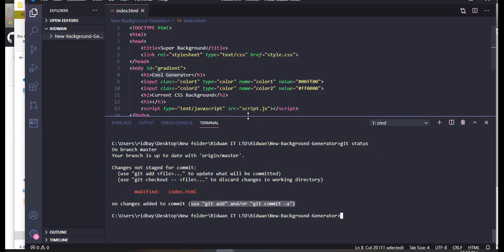So like we did the other time, we are going to use git add. So we do git add index.html because that is the only file we've made changes to. So I press enter,